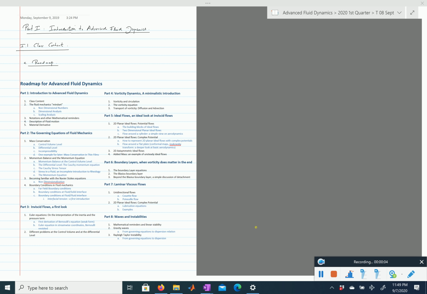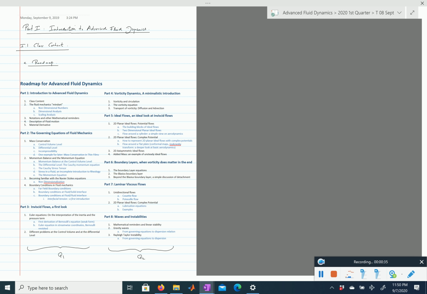So here I have reorganized the roadmap in a more linear way. You can see here in the first column, this is our program for the first quarter. So that here will be Q1, and this here will be Q2. And now I will refer to this roadmap throughout the semester to make sure you roughly know where we are